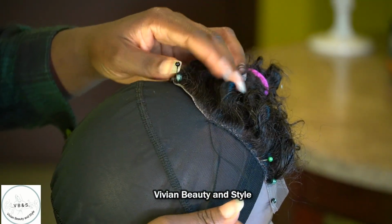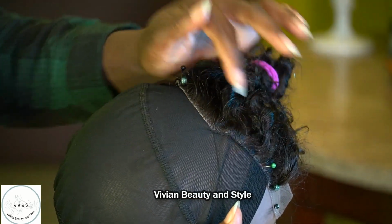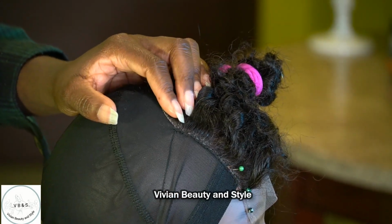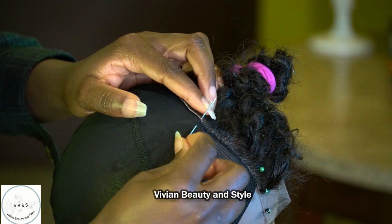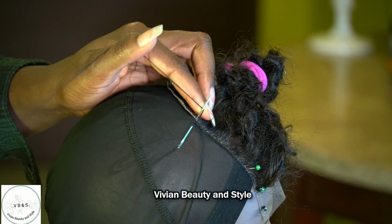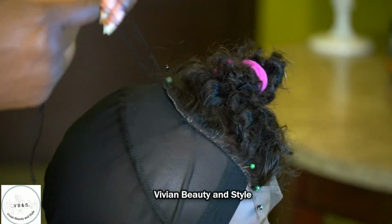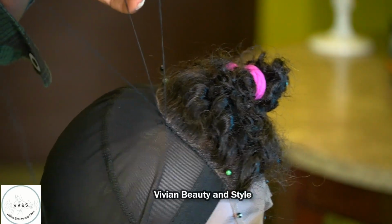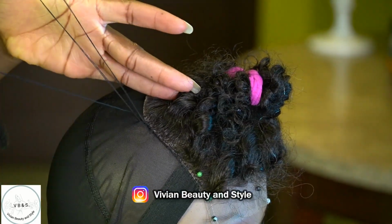So moving on to the crown part of the lace, this time around, you're going to be pulling it towards the right if you're walking on the right side, or pull it towards the left if you're walking on the left side of the cap. So as you can see right here, I'm passing the needle through the cap right there. So now, again, I'm placing my finger right at that point as I'm pulling on the thread. At the same time, I'm pulling it towards the right because I'm currently walking on the right side of the